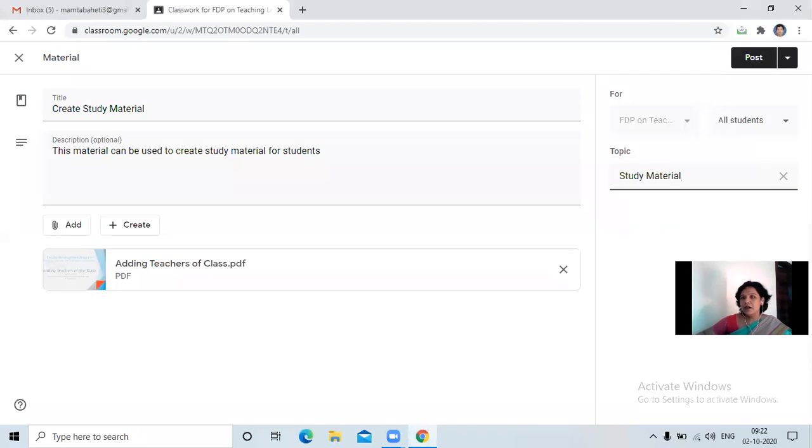Okay. Now again, three choices are there with me. First choice is to post it right now, with the material attached. Second, I have prepared the material, but I'll schedule it so that it is shown to the participants on a specific date. Third, I'm just preparing the material, so I'll make a safe draft. If I'm just preparing a material, not posting nor scheduling it, it is just saved on the Google Drive and in your Google Classroom. So I'm instantly posting it, so I'll click on post.